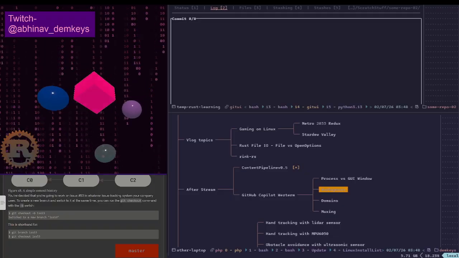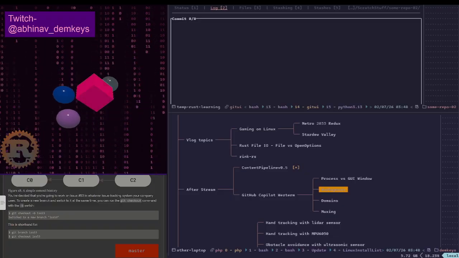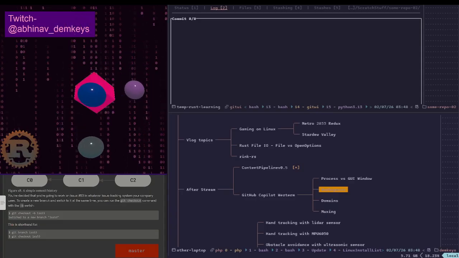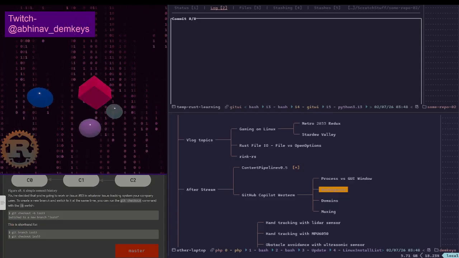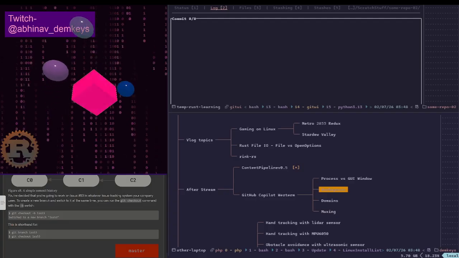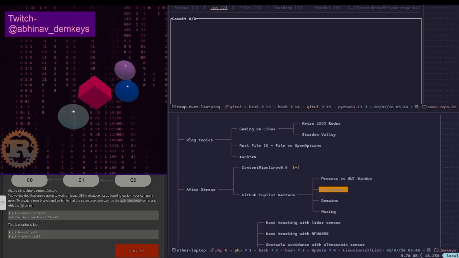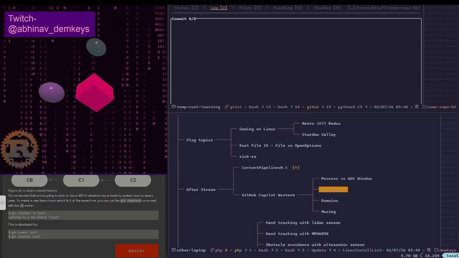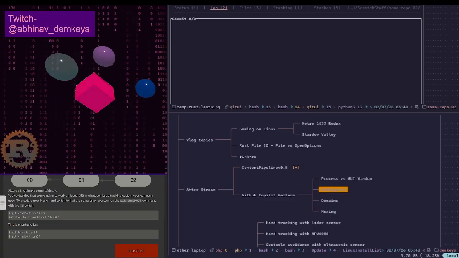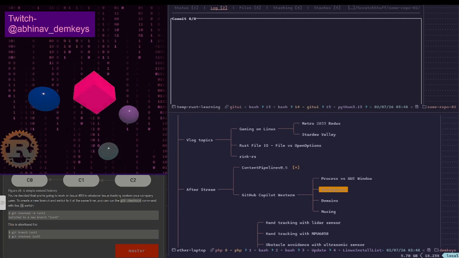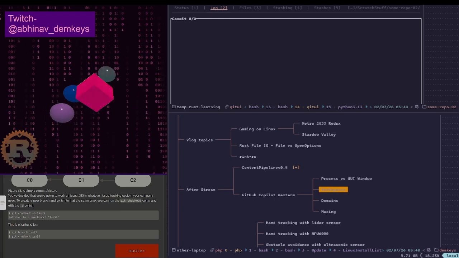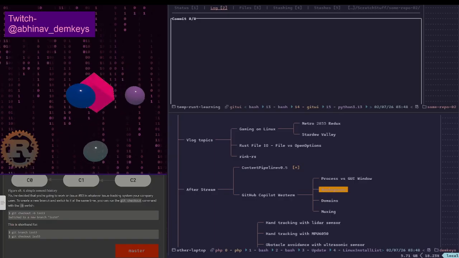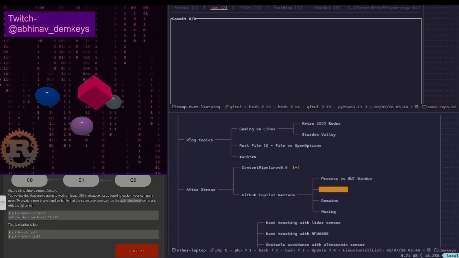Oh yeah, so I was saying, I do know about the default domain, the local domain. I think it's called local domain. It's not called default domain. So you have local domain, you have Unix domain, which is where the whole multiplexing thing comes in. And then you have SSH domain, which is where you can do Unix domain like stuff, but also over SSH. So those are very powerful concepts that I do want to explore later.